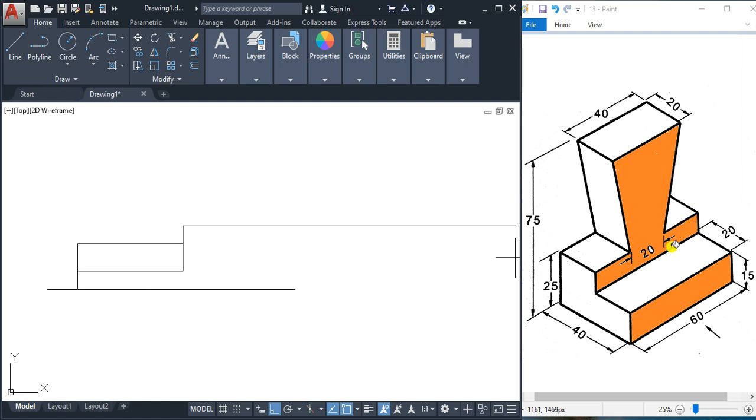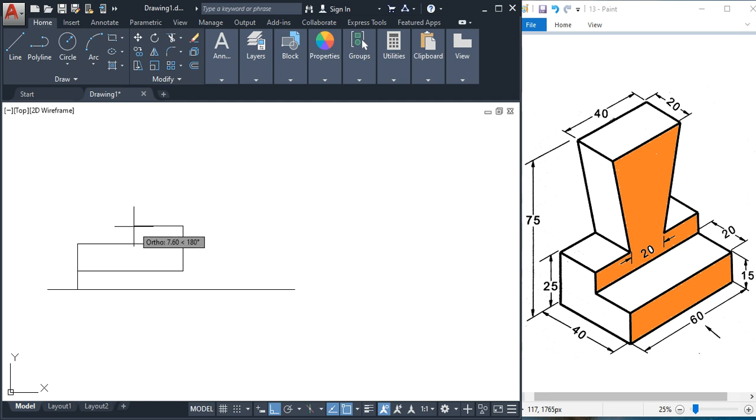So if you calculate this, this is given 20 and totally 60, so the remaining will be 20, because from the diagram we can say that this 20 is at the middle, so the remaining 40 is equally distributed here, so that is 20 you can draw here. So in this way you have to draw 20,